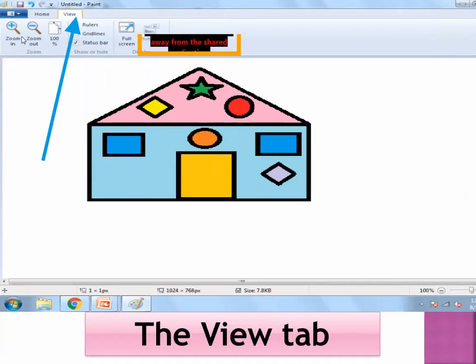When you want to see a larger view, you click on zoom in, and when you want to see a smaller view, you click on zoom out. So these are two options.